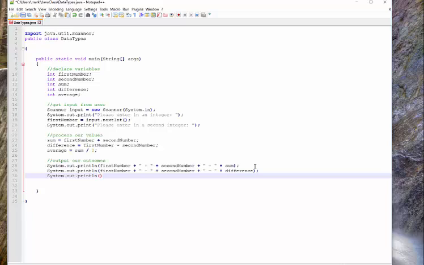System.out.print line, the average of first number plus and plus, let's see, and we need our second number, that's not in quotes. Second number plus is concatenate and then average. Okay, so assuming we did all that right, we should be getting our first number, sum,